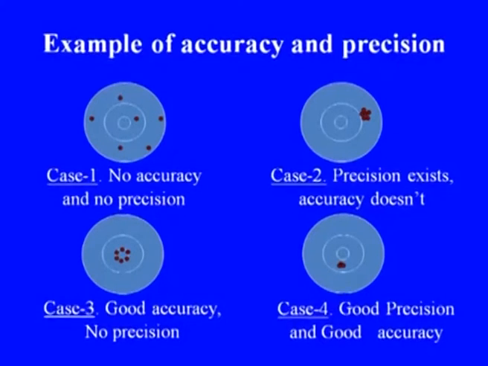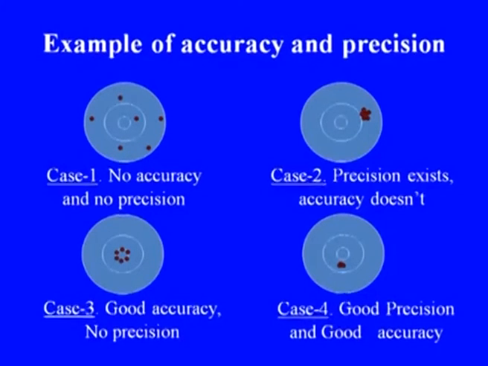Here there are 4 cases. In case 1, bullets are being fired in this fashion. This represents a case with no accuracy and no precision,